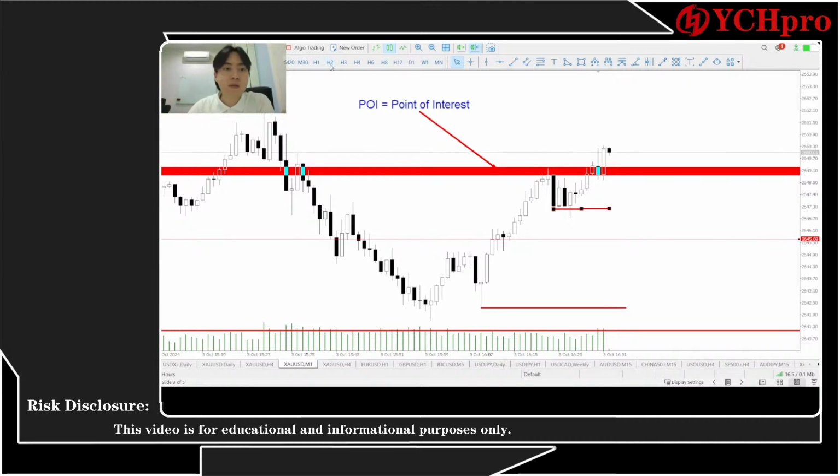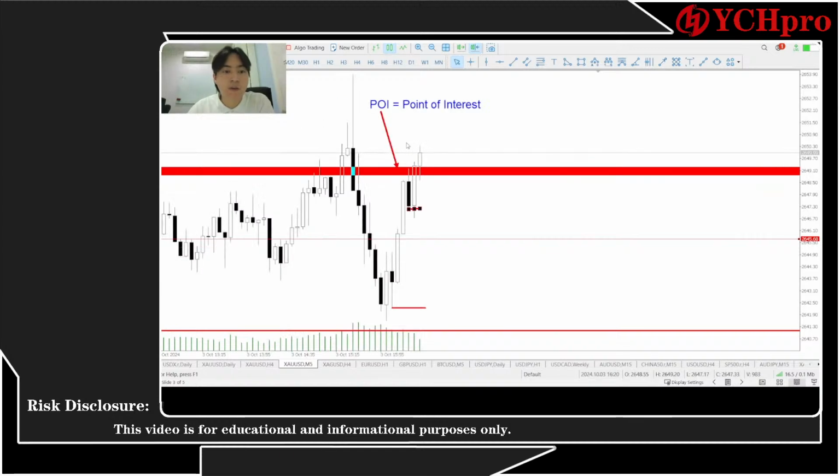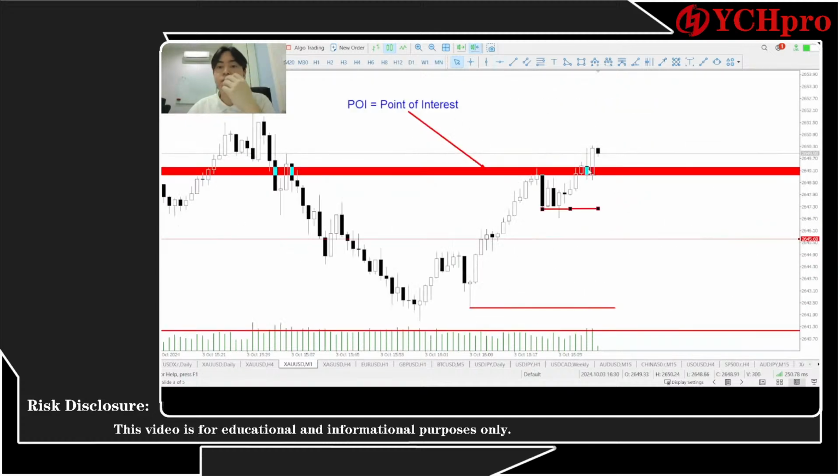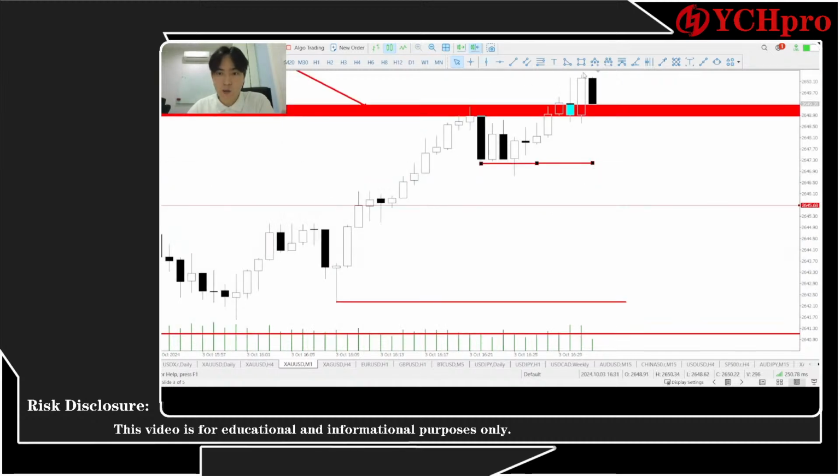I think this is not a really valid play already. We might need to cancel out our point of interest. Okay, once the price really breaks through and does not respect the lower sides, I mean going lower, it does respect this order block. You can see in the 1 minute time frame, this is the order block area. We need to see the price disrespecting here,